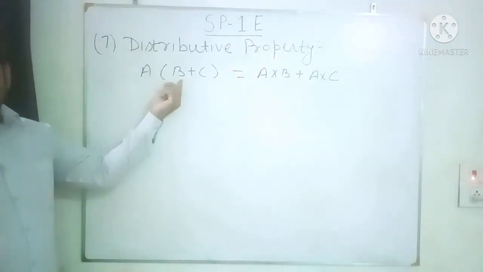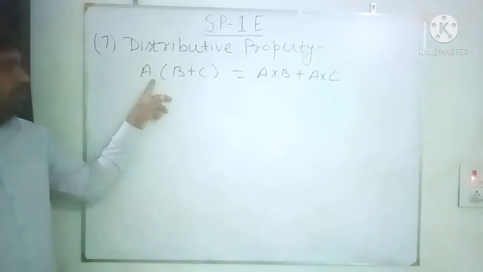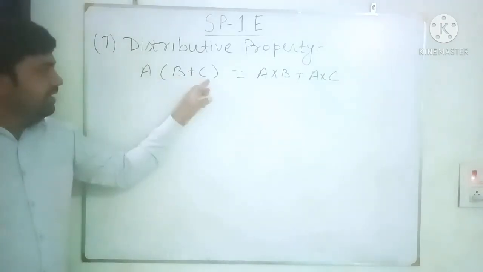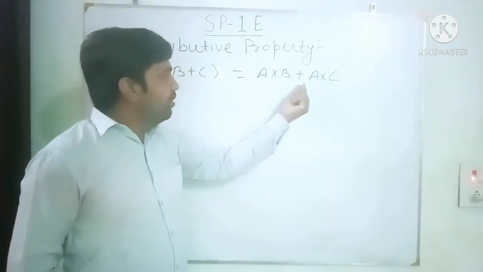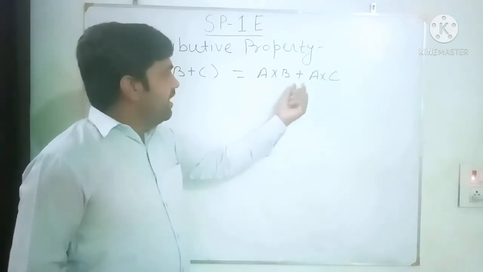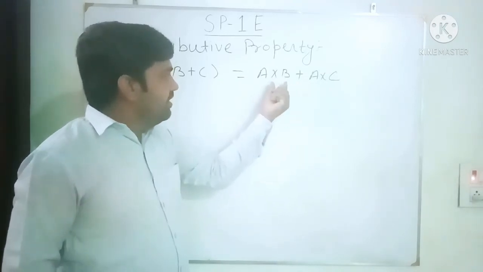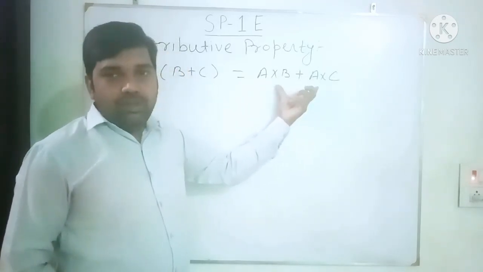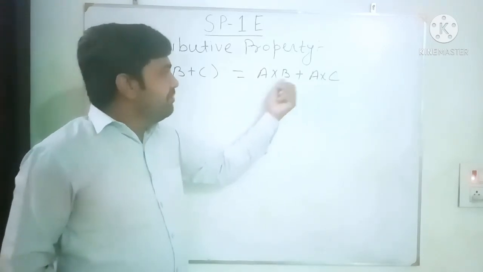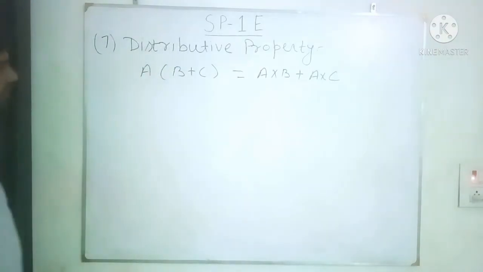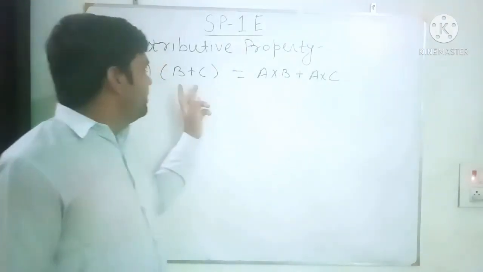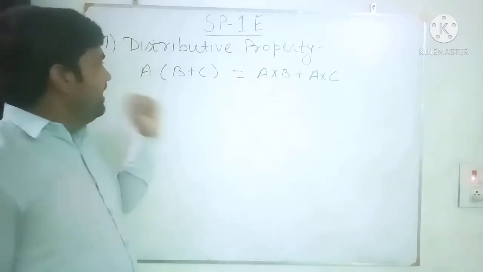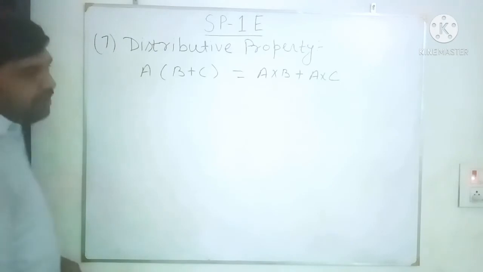Here a is the multiplier. Find the product of the multiplier with each of the two given integers: a multiply b plus a multiply c. This is the sum of the two products, each multiplied by the multiplier. Two numbers are there, b and c, and we multiply each of b and c with the multiplier a. That is called the distributive property of multiplication.